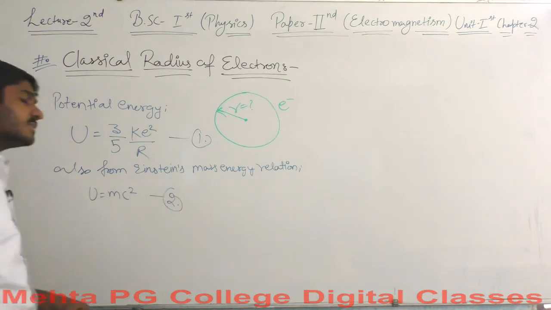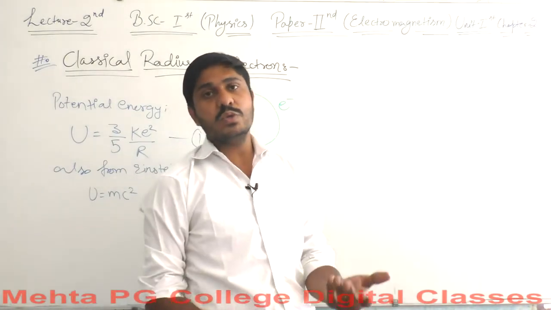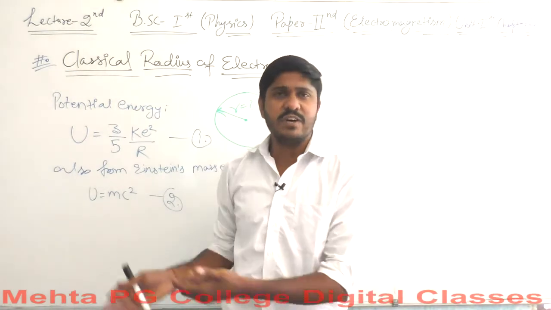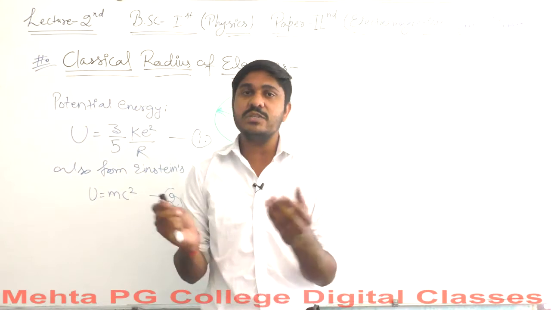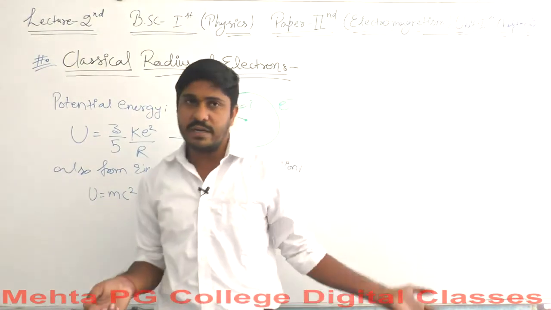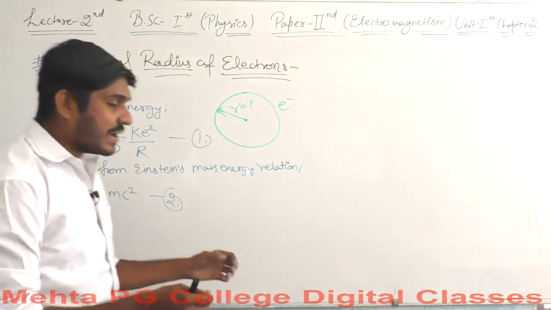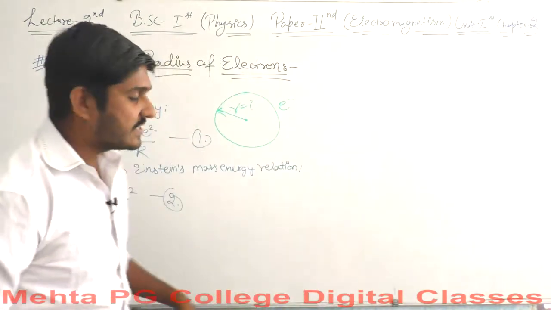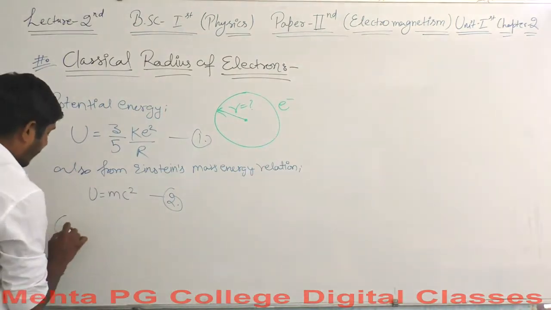Well, you have seen something like that, E is equal to mc square. So the total energy is equal to the product of mass and the square of the velocity of light. It was said for photons and particles like photons. Electron is also a tiny particle like photons, so that's why it could be considered for the electron also. Okay. Well, this is a universal truth, but the most amazing thing about Einstein's equations we will talk about later. Okay. So let's say this is equal to this. So comparing equation 1 and 2.